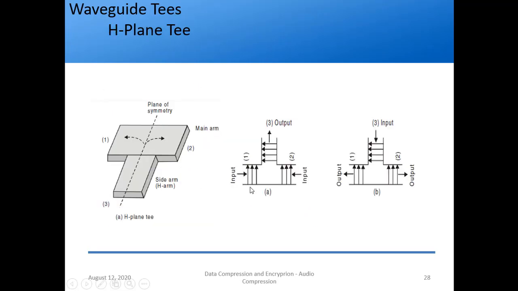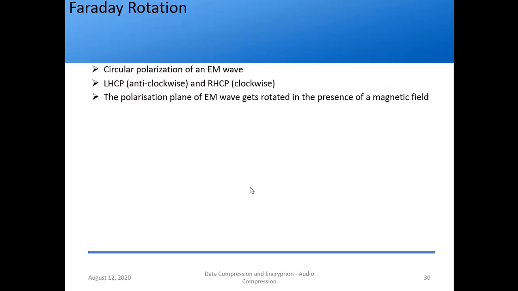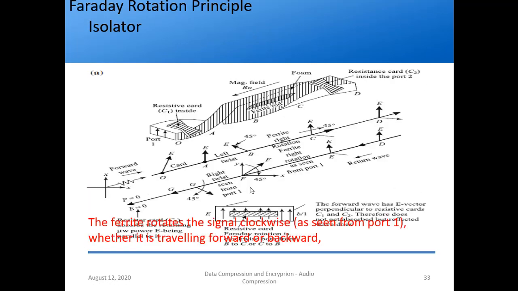So if they were parallel to the field or perpendicular to the field, depending on that, the wave was getting absorbed. Okay, so here they are what? Perpendicular to the field, right? So what is happening? I am giving a TE10 mode. So let's say this is the electric field of the TE10 mode. It travels to the resistive card. Since it is perpendicular to the resistive card, it does not get attenuated. That's what we saw in the attenuator. If it is parallel, then only it will be attenuated, right?